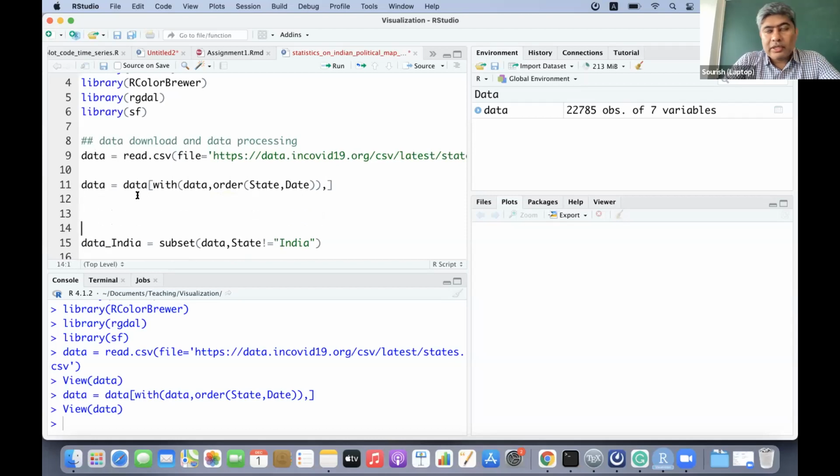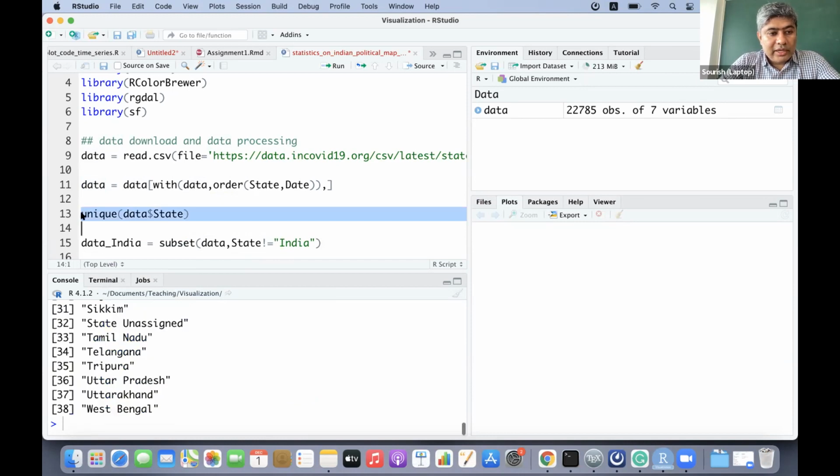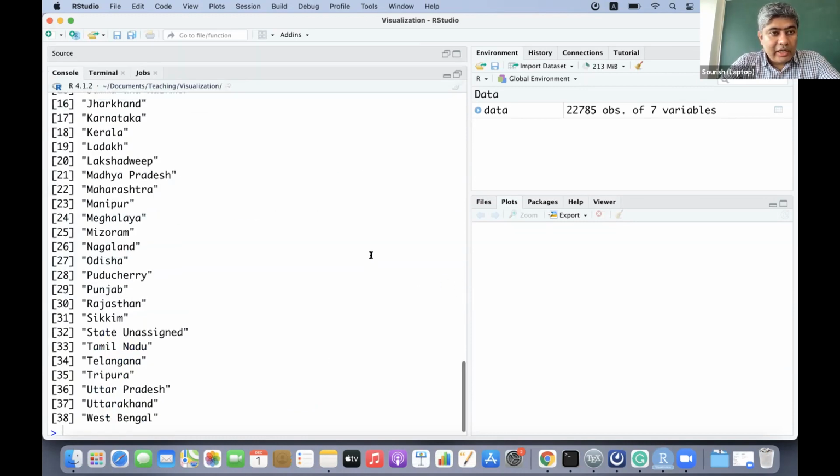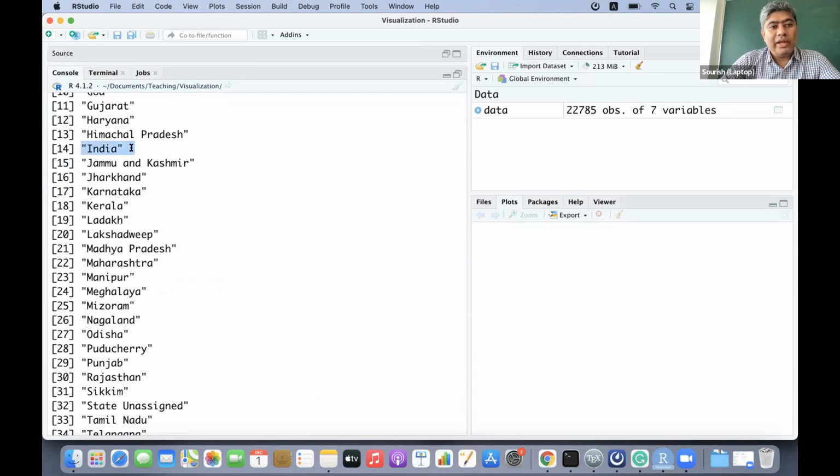Actually there are 36 states and union territories: 28 states and 8 union territories. If you take the unique states and union territories from the data, you will see India is also there. So all cumulative numbers are there: India level data is there, and state level data is also there.